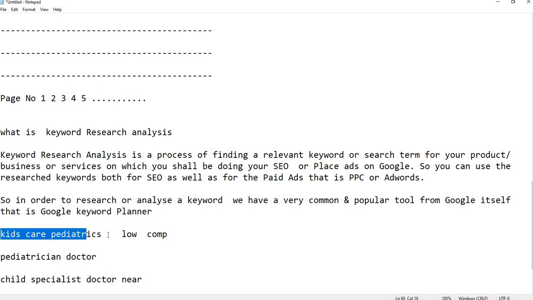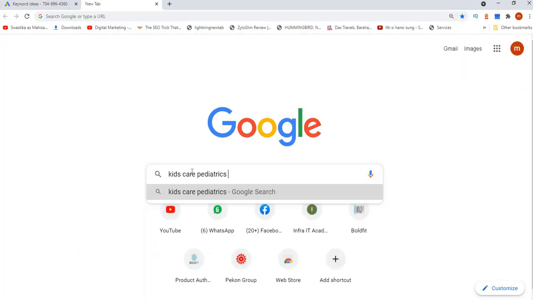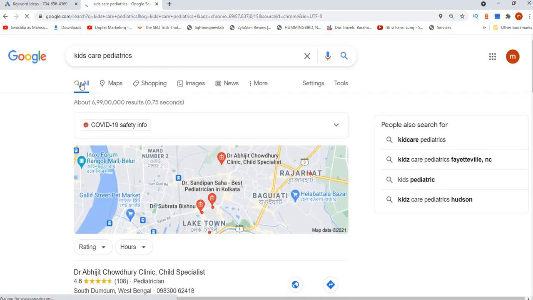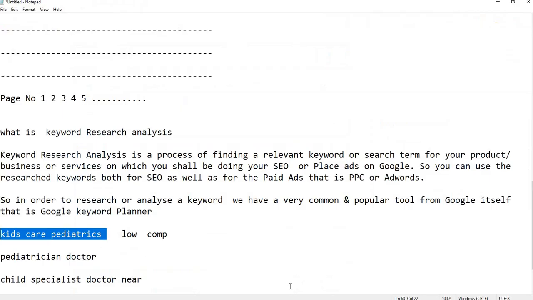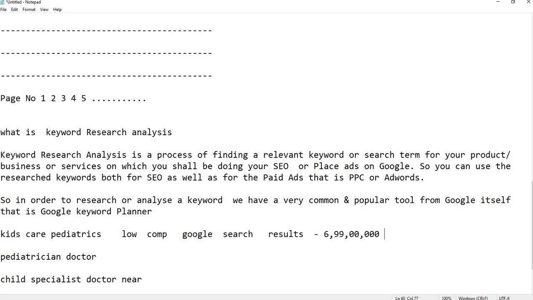Now you have to search in Google how much the search term is there. Say you are typing here like this. You see when you type kids care pediatrics in Google, it comes to this many results. That is, this many people are looking for this term. Some low competition, Google search results.